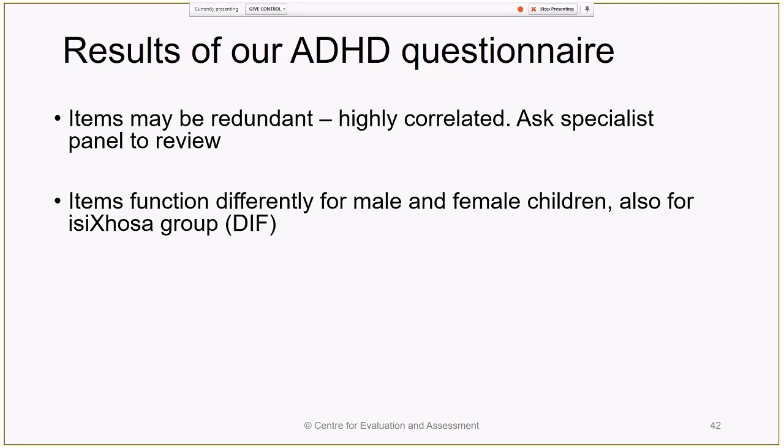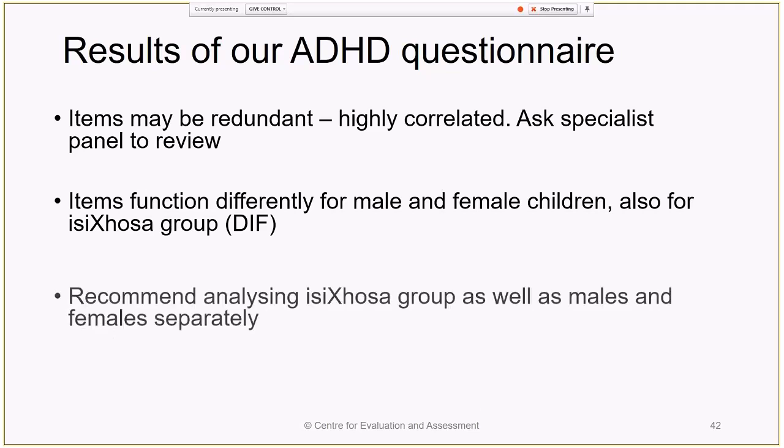But then you need to ask yourself, if the items are functioning differently for the groups, is there bias in the items? Is the way the item is written problematic? Or are these actually different populations? Because it should function the same way for the population, but perhaps for boys and girls, the construct of ADHD functions so differently for these two groups, we need to define them as two different populations. So this is why you need to understand your construct so you can make these decisions.